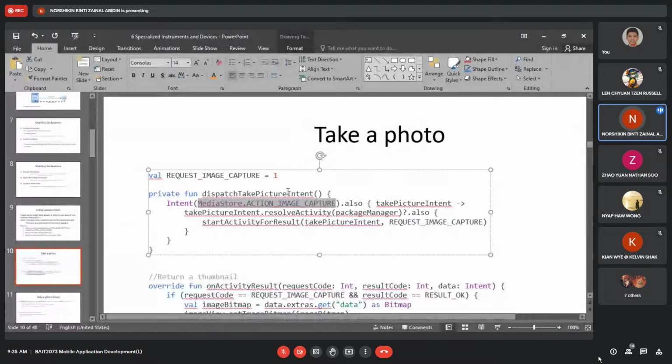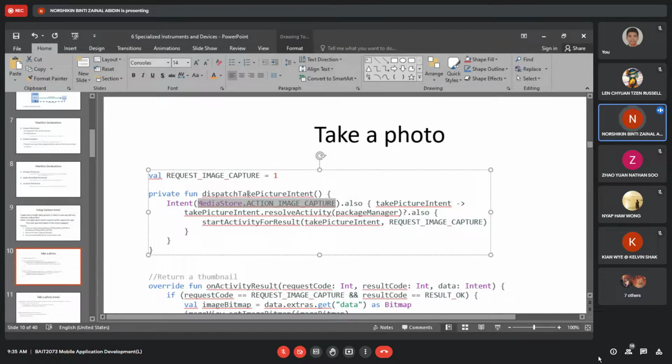For the first one, request image capture. Like I said, you need to send a request. Why do you need to send a request? Because you need to use the other application's function. That's not your own camera. So of course you need to send a request.